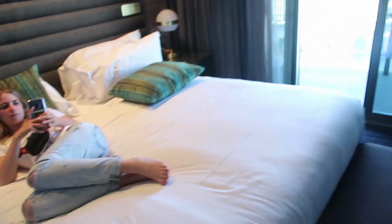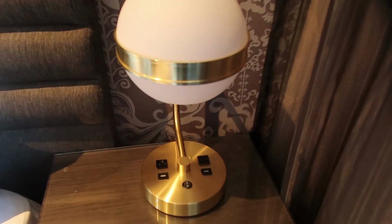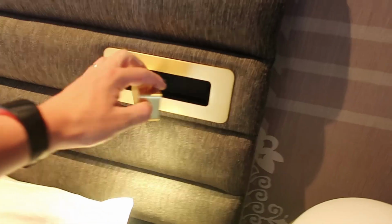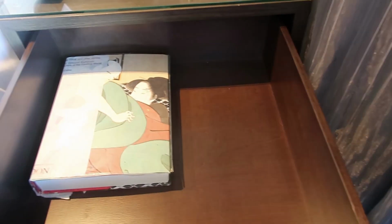Daniela, it's not included in the room. An ottoman, I think that's called. I'm not sure. Second bedside table. Another lamp with power outlets and USBs. Another reading light, which you can twist. Nice touch, I do like that. Another drawer with